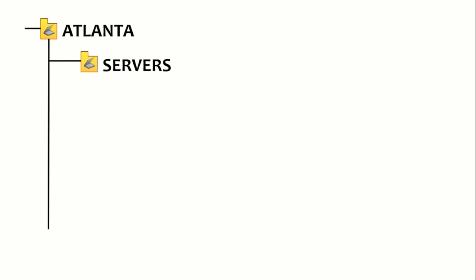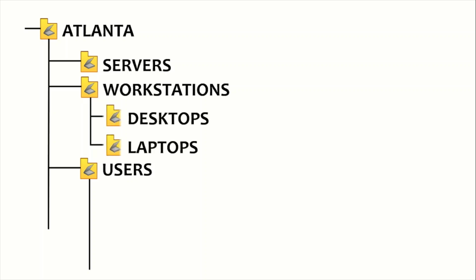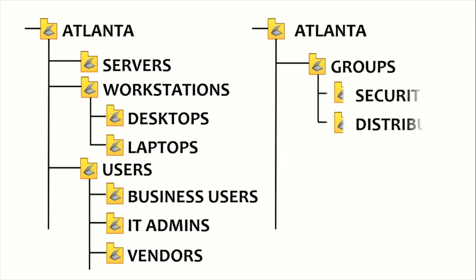Under Atlanta we have servers, workstations and users. Under workstations we have desktops and laptops. Under users we have business users, IT admins, vendors, etc. The users can be categorized. And again under Atlanta we'll have groups, with security groups and distribution groups. So this particular structure will be identical for all the